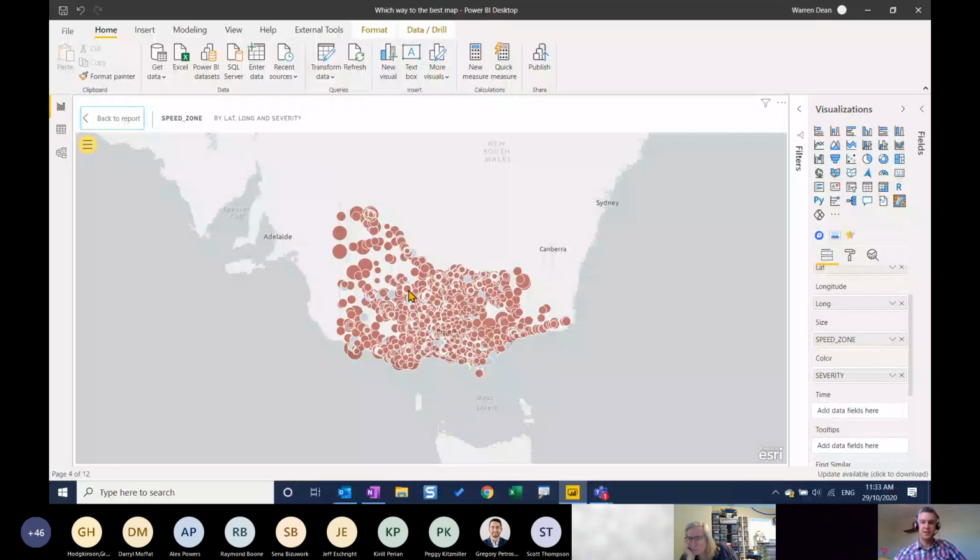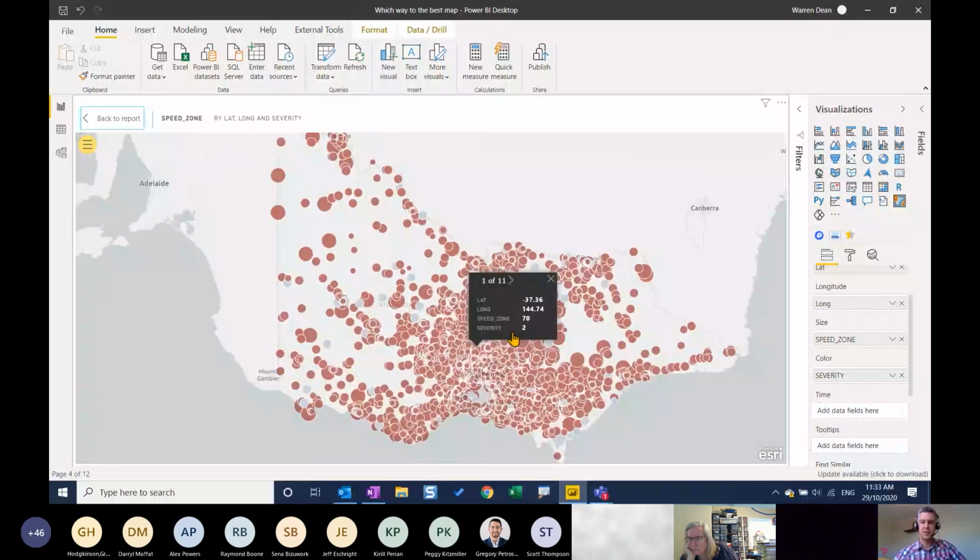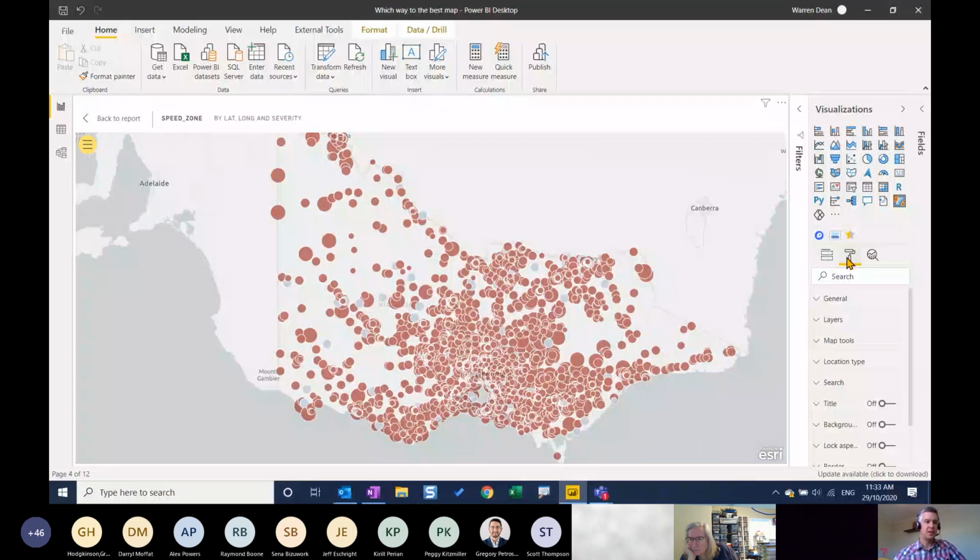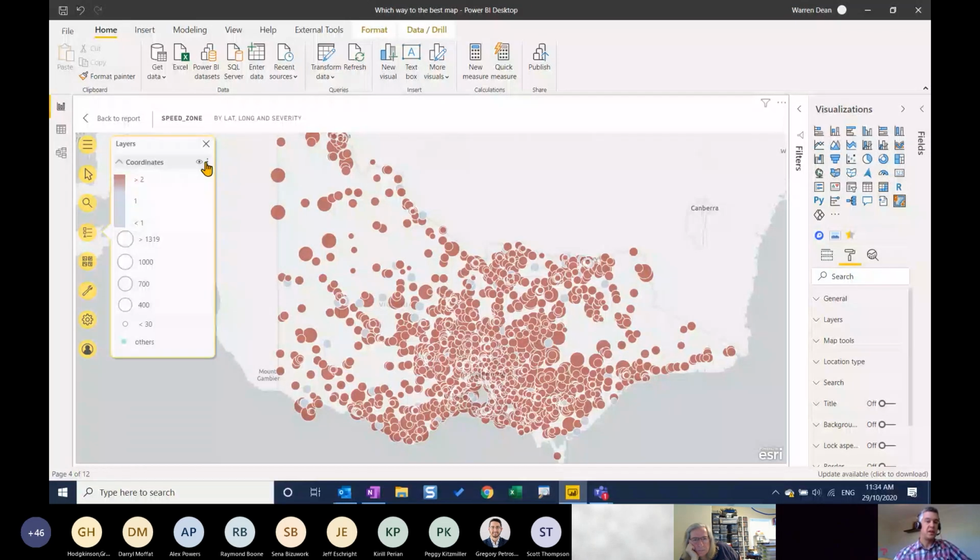ArcGIS is a little bit different in that usually we're controlling our visuals through here, through the format options. But with ArcGIS, it has these inbuilt little expand map tools. This came out a couple of months ago. They added this little yellow button and they're improving the UX of ArcGIS. And so everything is controlled within here. If I go to the layer list, and if I click on coordinates, so if I want to choose the type of map, I need to do it within here, click on the 3 dots and in symbology. And that's where I've just got the location only and the various other maps that are your options in here,